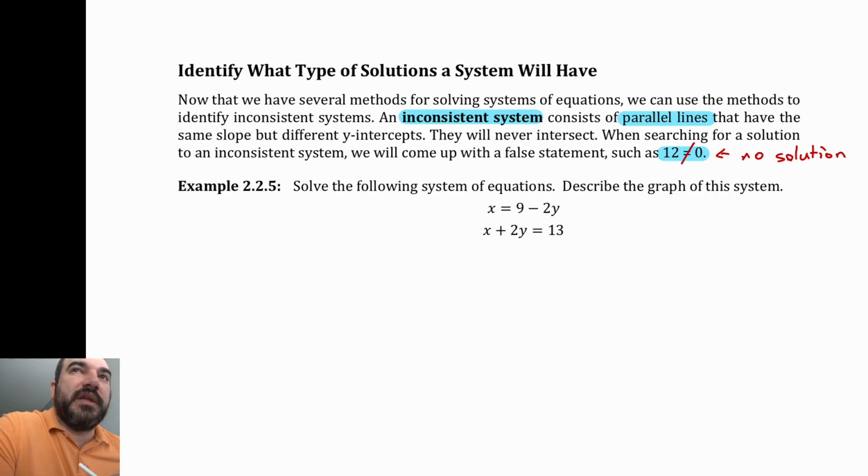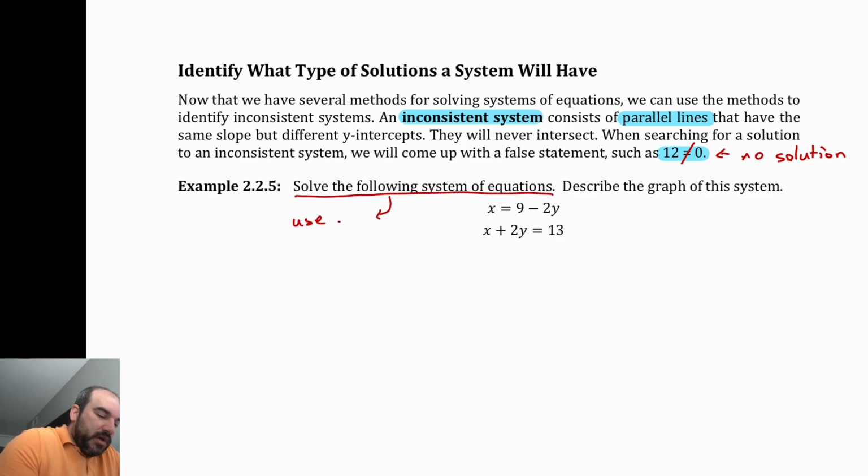Okay, and you will see this pop up when you're doing examples. I don't necessarily need to show you how to solve this again because we already know how to do that. Hopefully, I just did examples where we solved both ways. So this just says solve the following system of equations. You can use any method you want. When it just says solve the following system of equations, use either